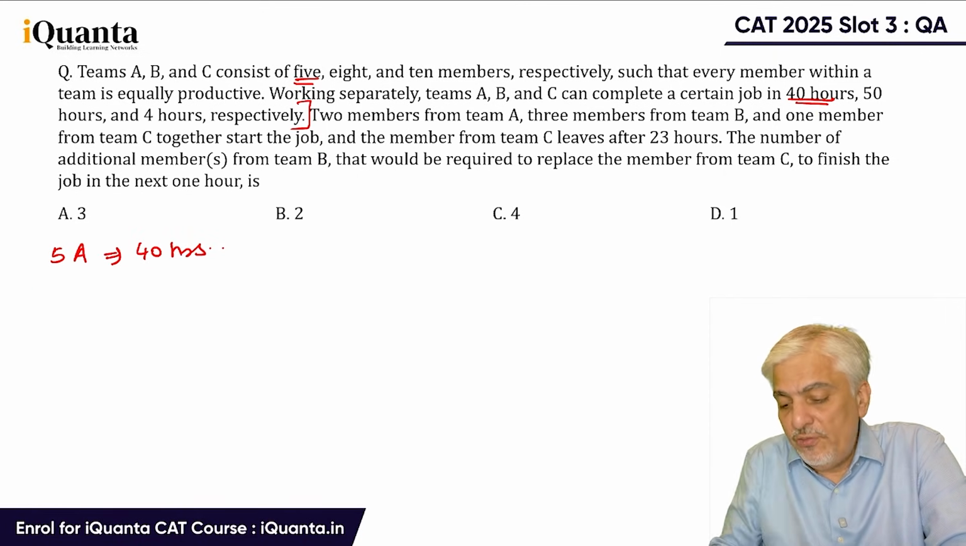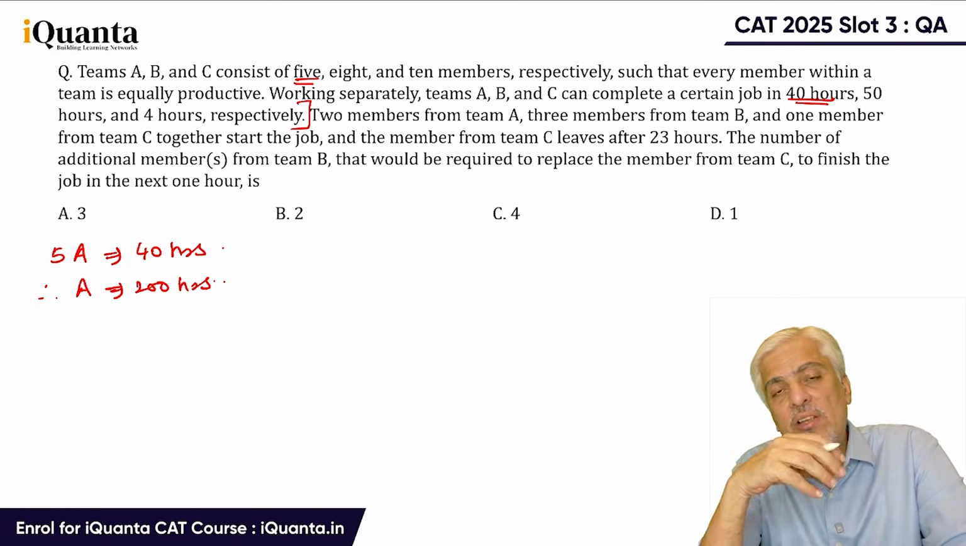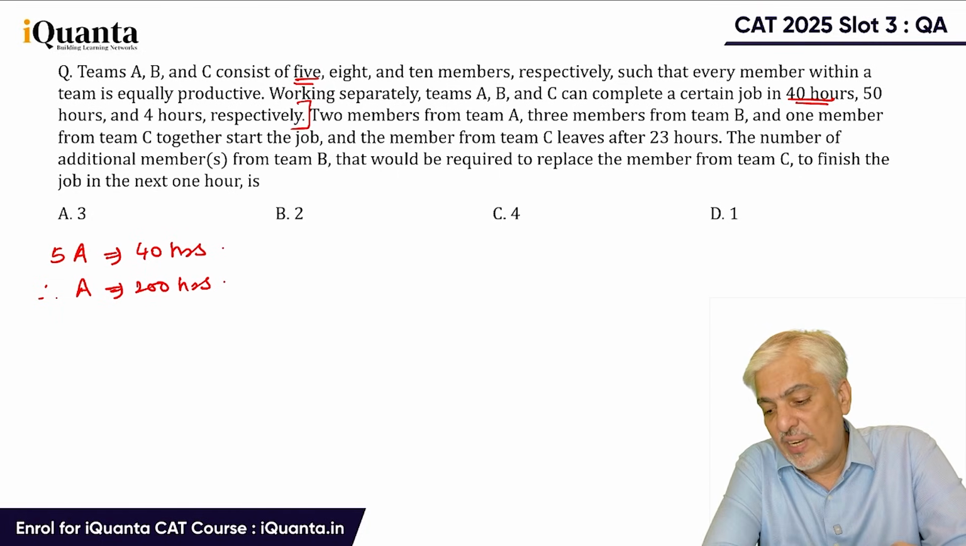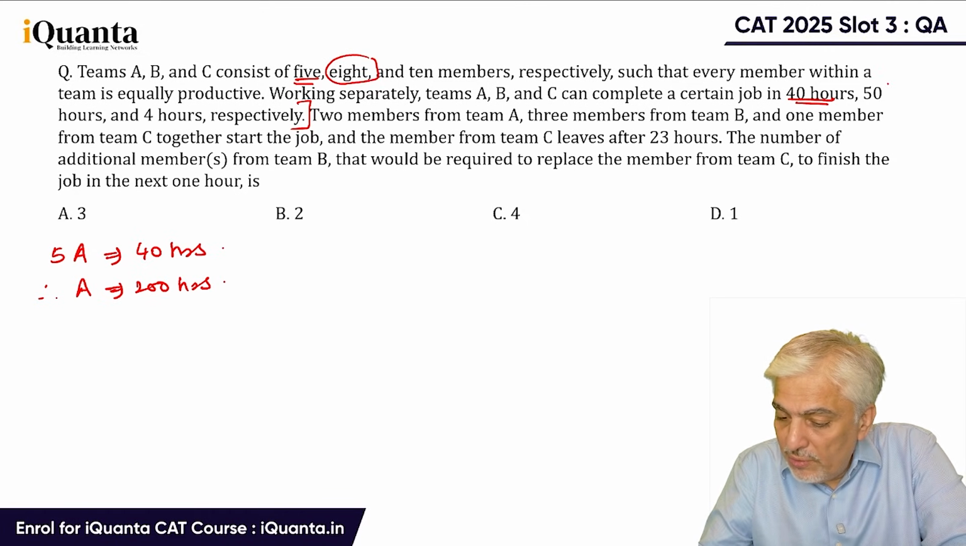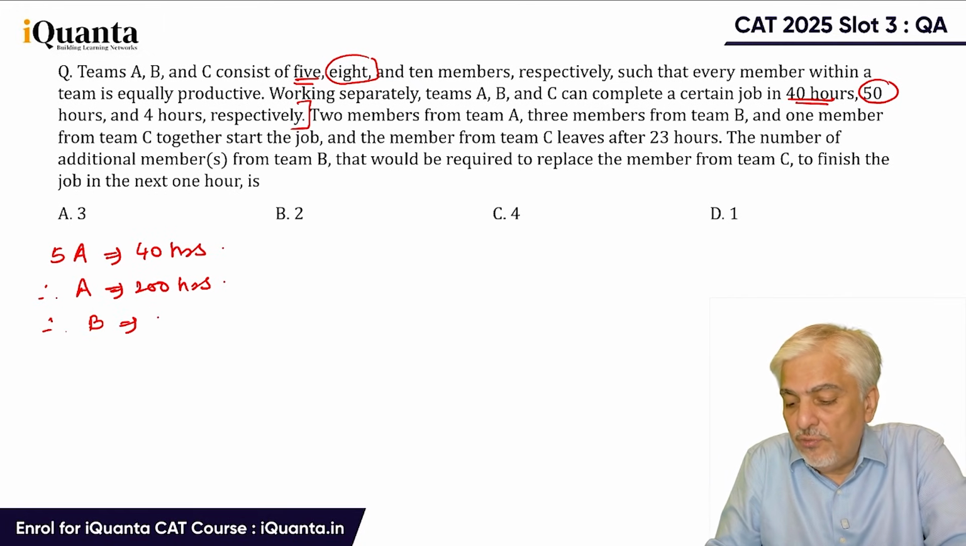So can I say therefore 1 A will take 200 hours? Obviously 5 times. If there are 5 men, they can do the job in 40 hours, so 1 man can do the job in 200 hours, 5 times. So A can do the job in 200 hours. 8B can do the job in 50 hours. So 1B can do the job in 50 into 8, 400 hours,